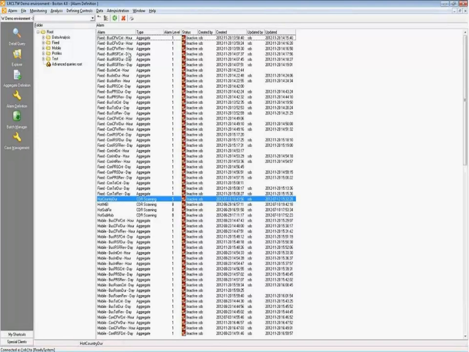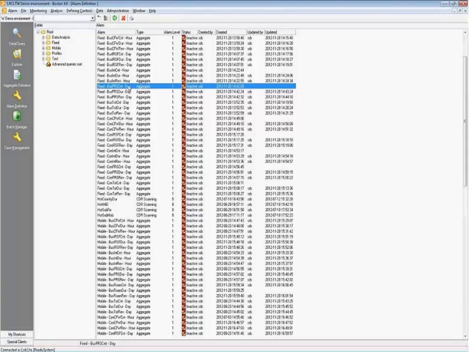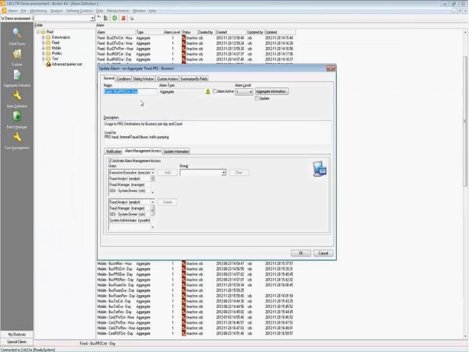And if we open one of these up, for instance, this one, you will see that we've added a threshold, and that needs to be adjusted to your operation and your specifics. And you will have a specific naming convention that we're using, which is fixed for fixed traffic, BUS for business, PRS for the actual type of fraud we're looking for. And if it's a count, it's going to look for a threshold on the count of usage to premium rate traffic,